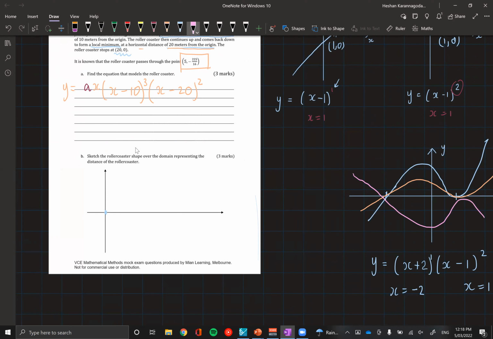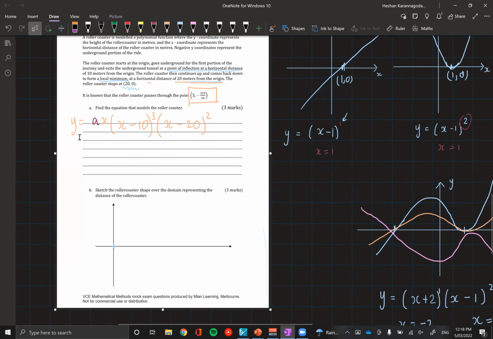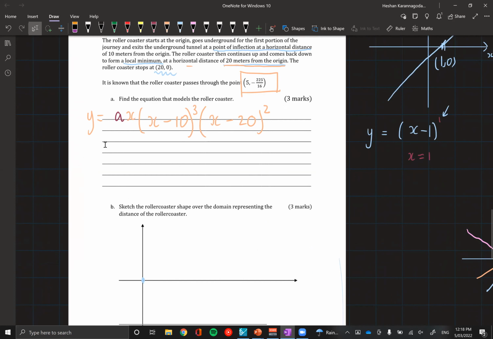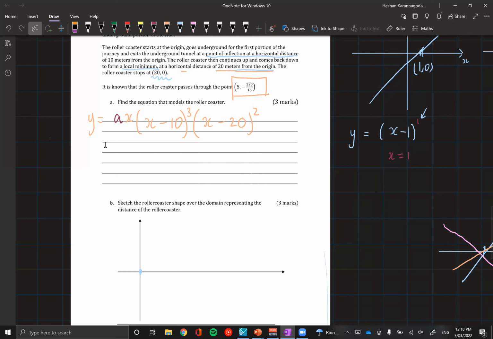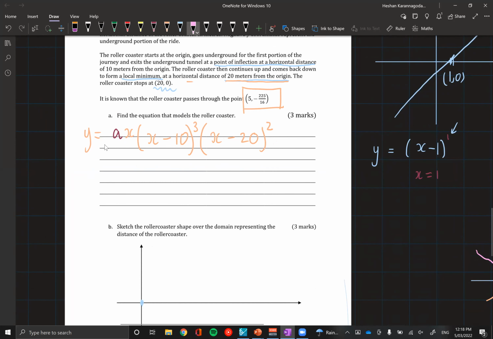Yeah, exactly. Do you know how we're given the anchor point, (5, -225/16)? When we substitute that in, it'll appropriately determine if it's positive or negative. We don't have to actively make it positive or negative. It would already be accounted for with that point. And then at that point, we know how to sketch the graph. So we don't have to worry about it being negative or positive right now, because when we substitute in (5, -225/16), everything's going to figure itself out.